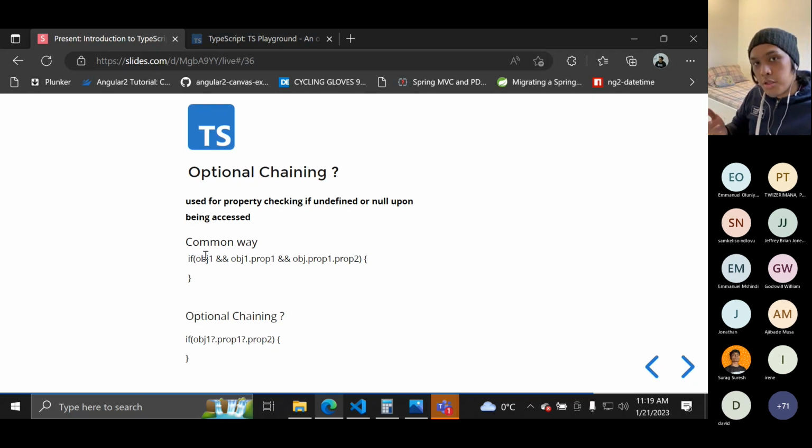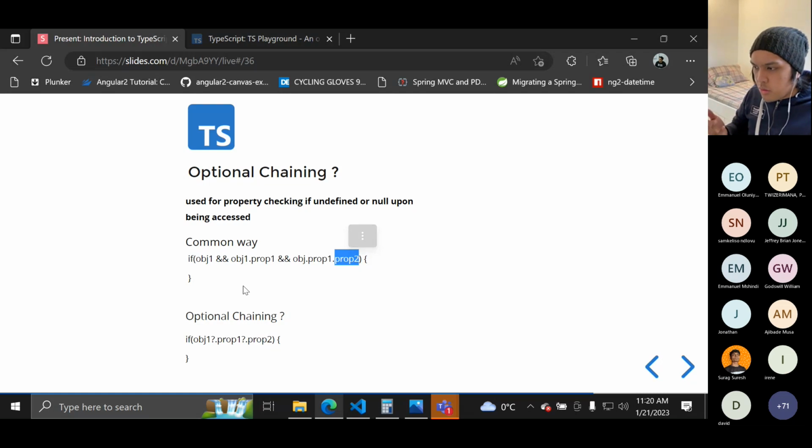To prevent accessing properties from an undefined object, we would check if object one is not undefined, and object one's prop one is not undefined, and then we would access prop two. It's kind of messy and complex.